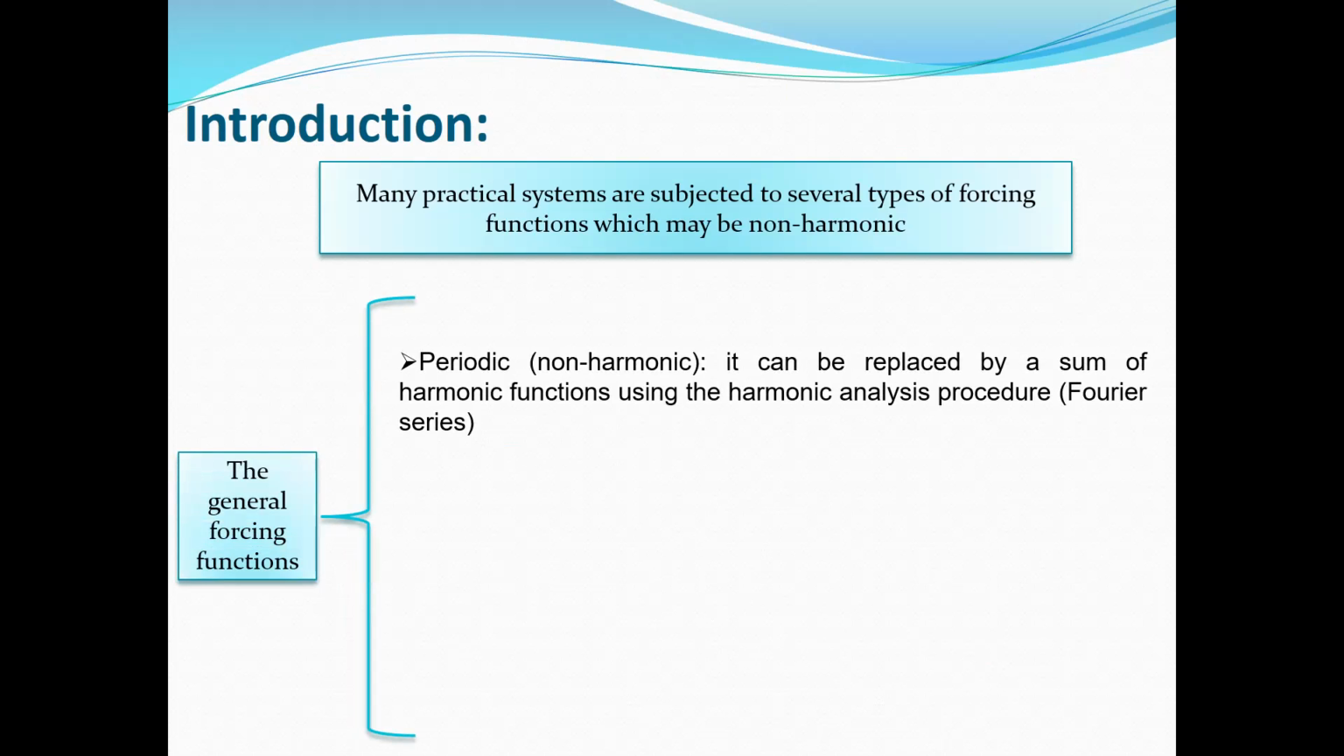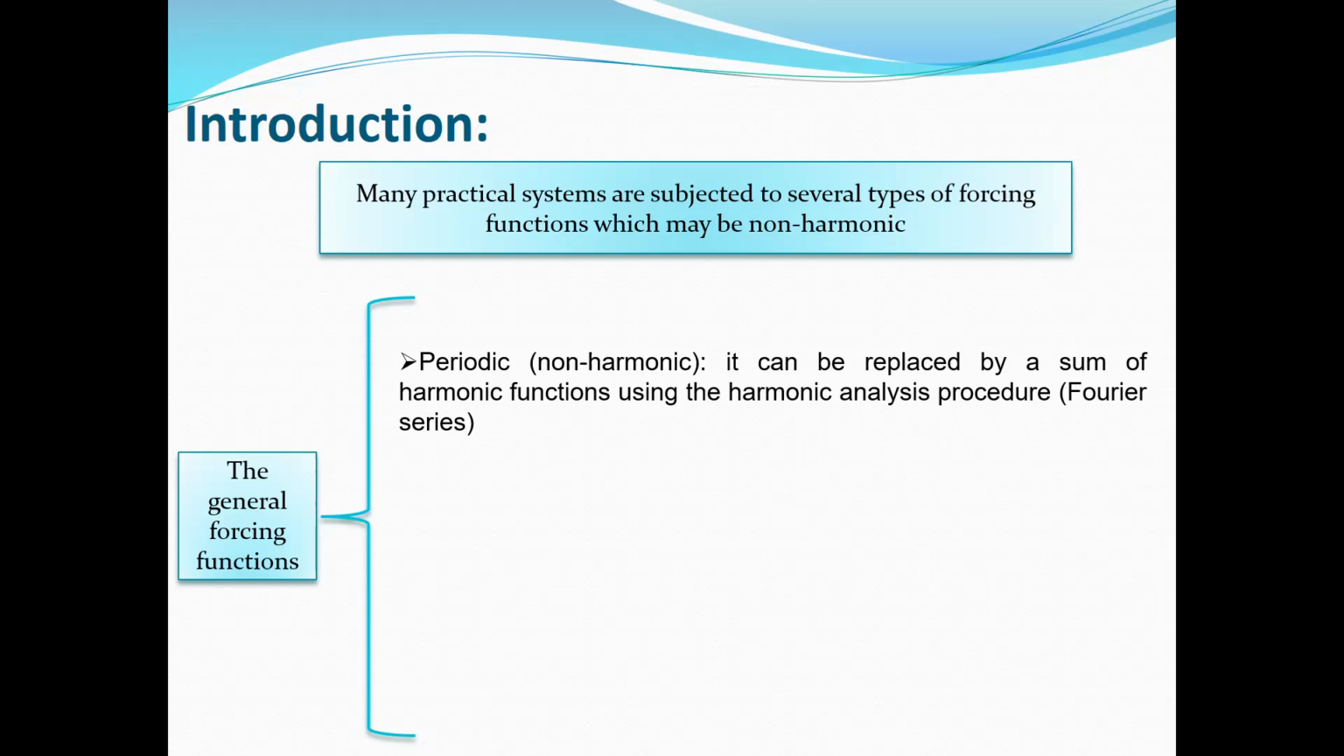Of course, non-harmonic, it's only periodic. So it can be replaced by a summation of different harmonics by using the Fourier series. So first we use the periodic function and Fourier series to find an equivalent definition for the periodic function, to find a summation of different harmonics, and then when we find the harmonic excitation form, we can find the response